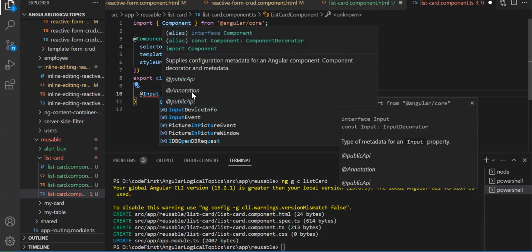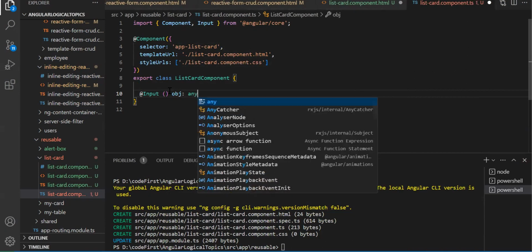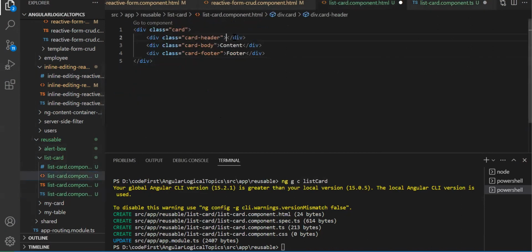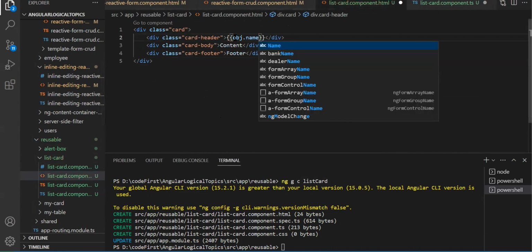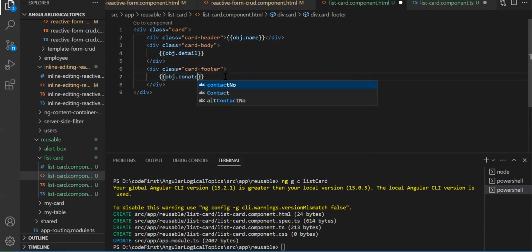Okay, so either you can add input here or directly click on here, it will update the input statement. Round bracket, let's say object colon any is equal to empty. Now we are not sending the string, it is going to be the object. So instead of header, let's say object dot name. We are assuming we are going to get an object which has the property name. Like that, here object dot detail, and in footer, let's say object dot contact